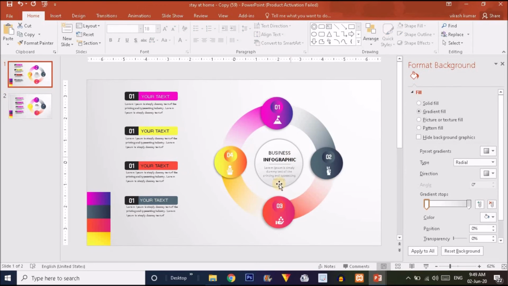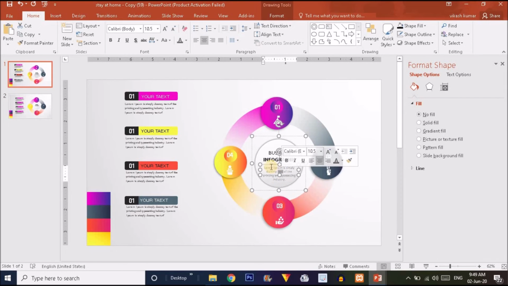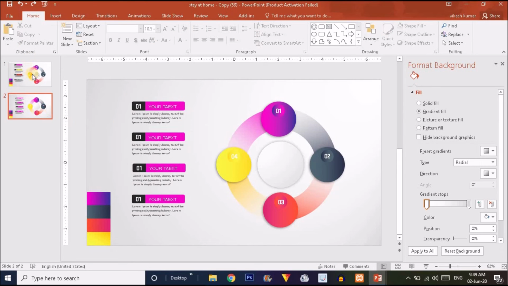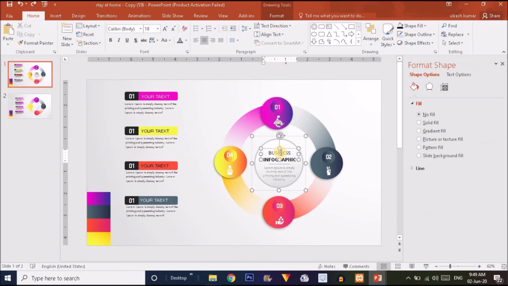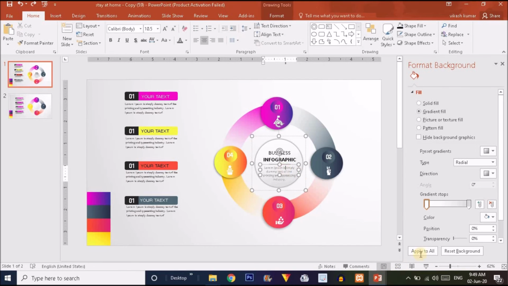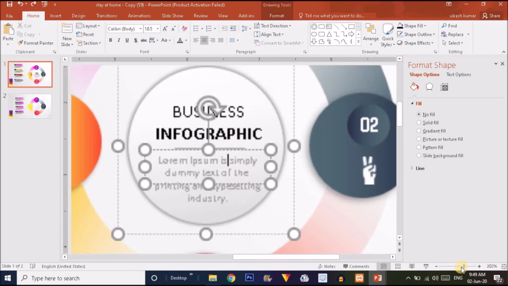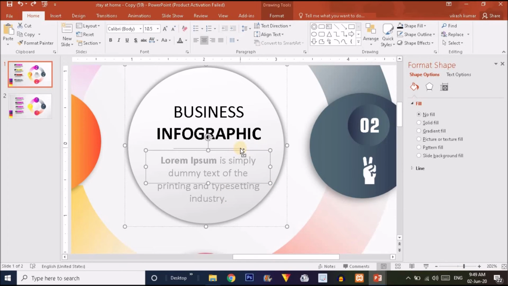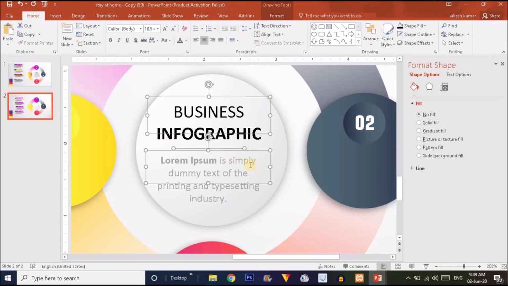Again, I'm going to select this text over here. So I'm going to select this shape over here, this line, this text, and paste it over this line like this.